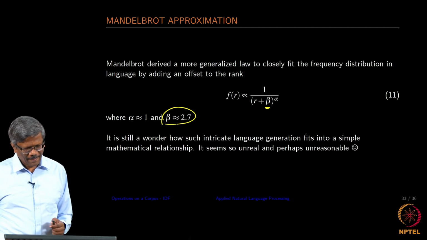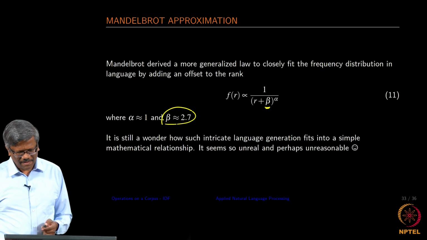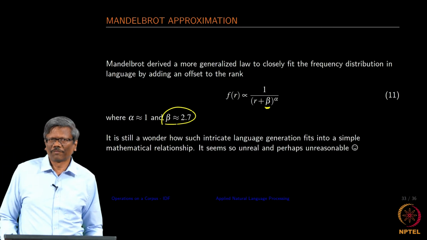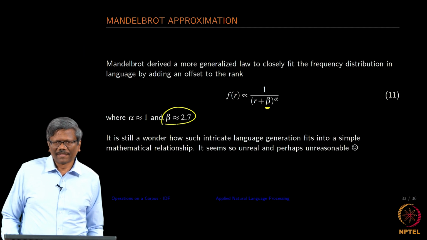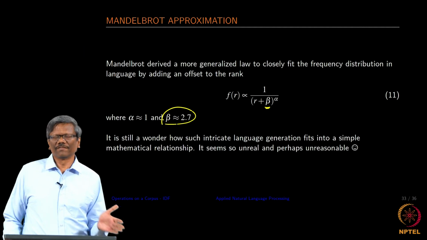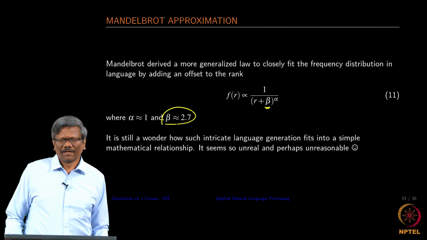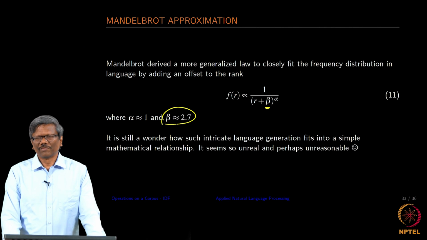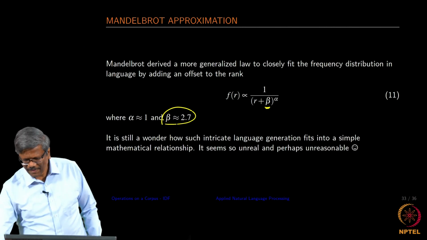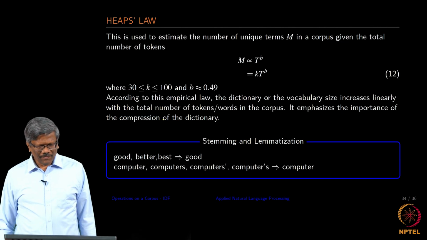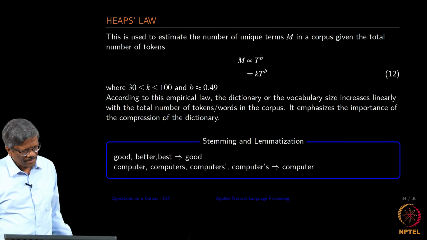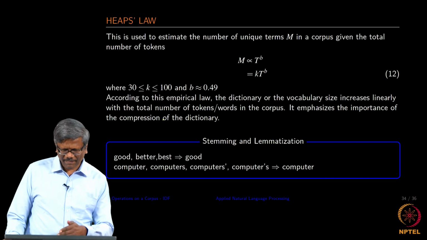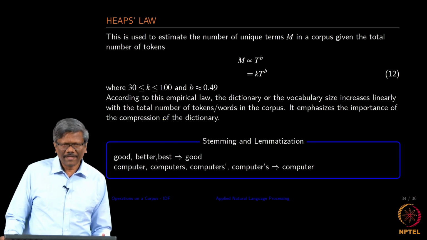So far we have seen the kind of operations that we can perform on a document and on the corpus, and how we can combine the term frequency with the inverse document frequency to find the ranks of documents for a given word, and so on. There is one more which you may want to look at, which is Heap's law. I am not going to spend a lot of time on this, but this is again an interesting